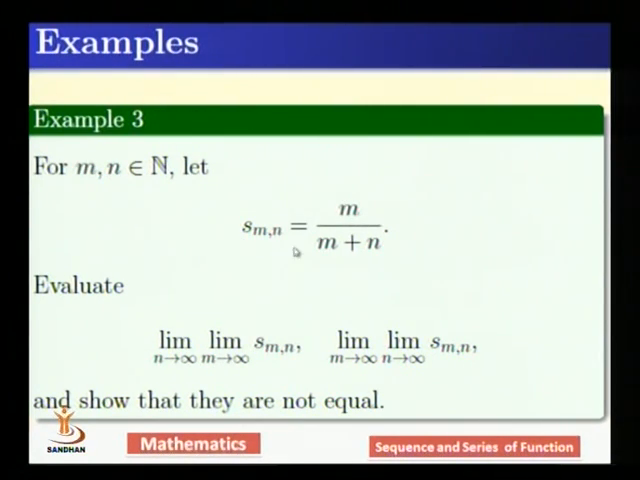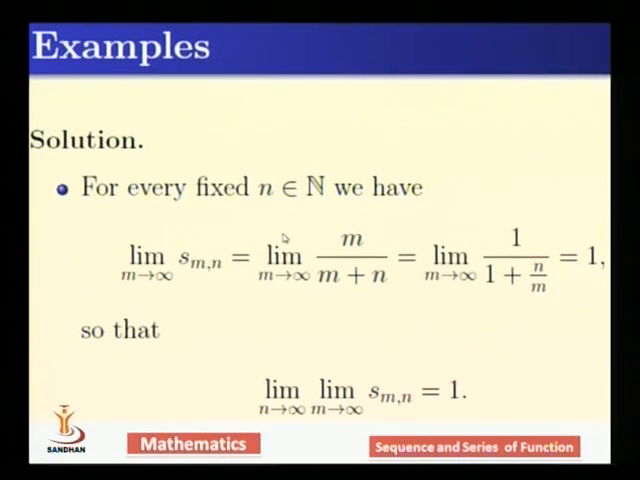Let me recall again. Smn is m upon m plus n. We want to look at the limit when first we take m tends to infinity then n tends to infinity, and in the other way, first we take n tends to infinity and then m tends to infinity. Okay, so for every fixed n, you look at Smn and its limit as m tends to infinity, so n is fixed. So Smn is m upon m plus n,